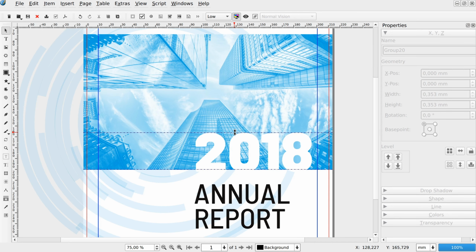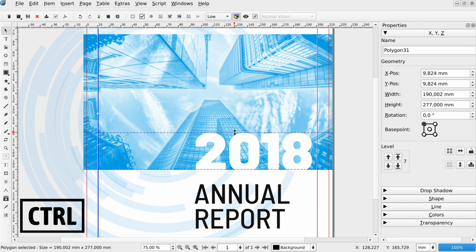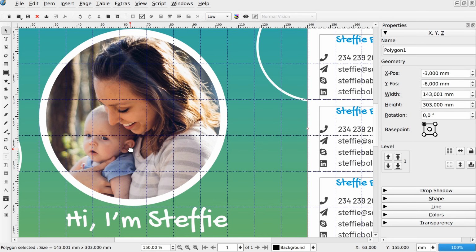Selection of objects on the canvas has been improved in two ways. First, you get Ctrl-click to select items below guides, and then you can Alt Ctrl-click to cycle through the items in a group.